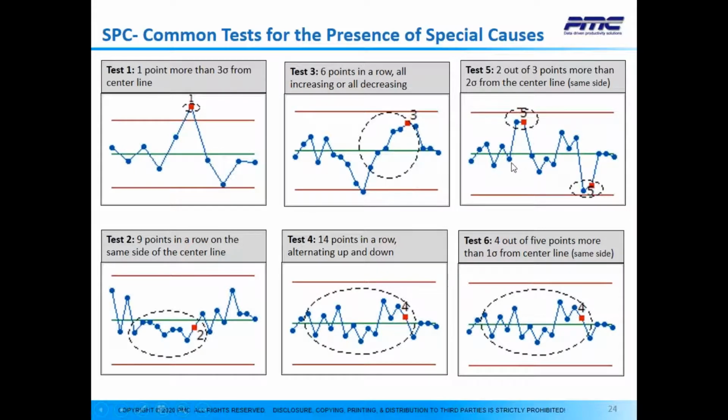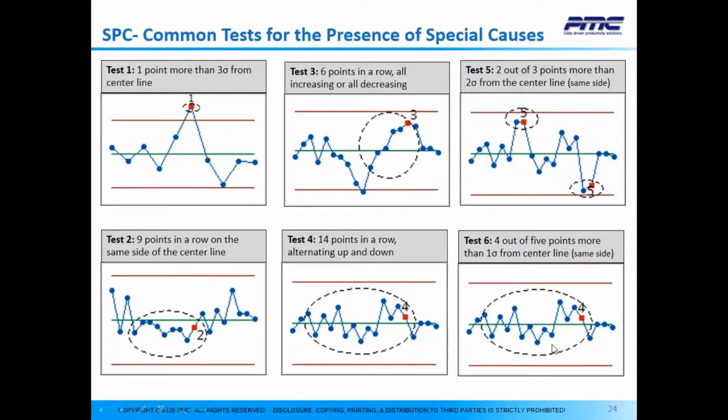So 2 out of 3 is above the center line. Same thing here. You have 1, 2 out of 3, 1, 2, 3. So 2 out of 3 is on the same side. So, and then the test 6 says 4 out of 5 points, more than,